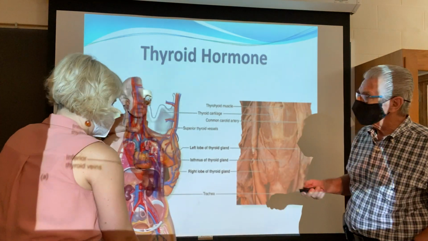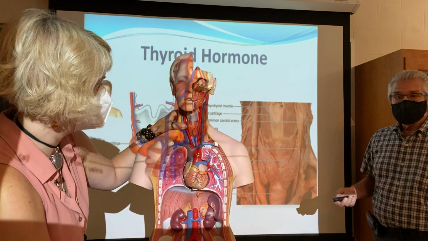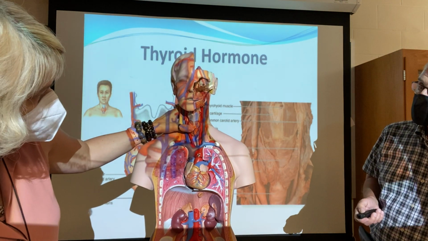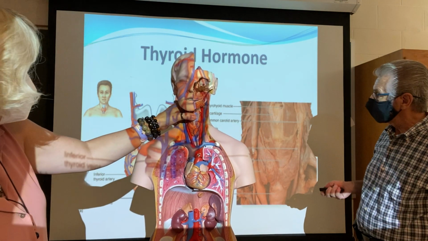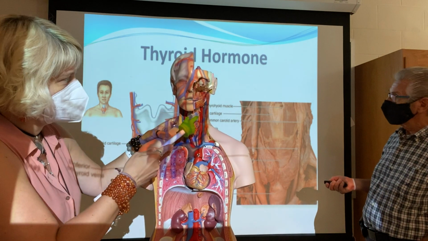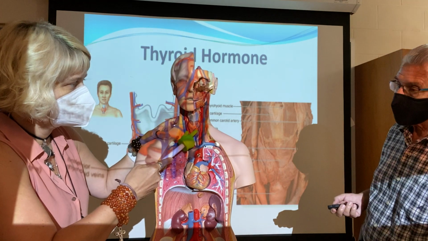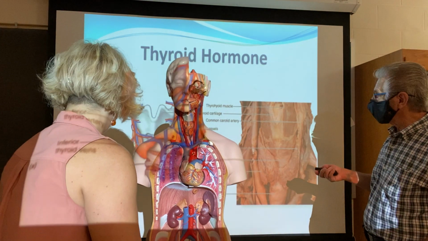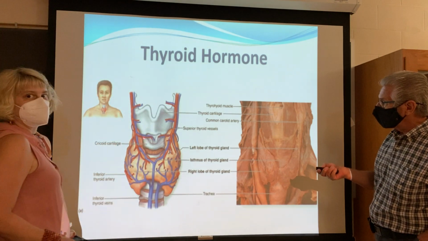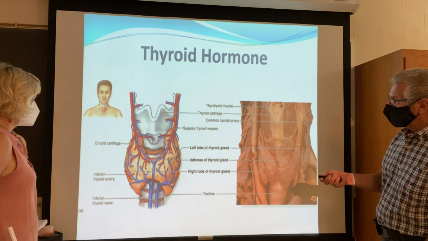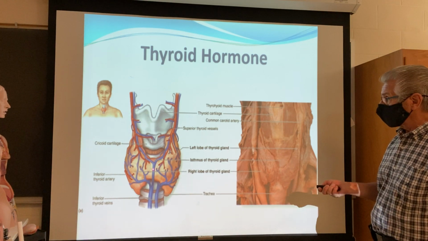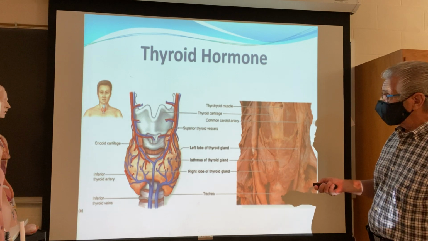I'll bring it back to the camera so you can see real close here. This here is the thyroid gland. This is the cartilage, as you can see. The thyroid cartilage, so it's inferior to the thyroid cartilage. Thyroid cartilage, thyroid gland. Exactly. And so, as you're visualizing this particular structure, this is the gland responsible for the production of T3,